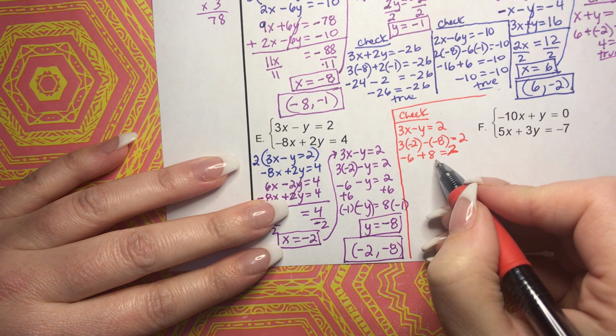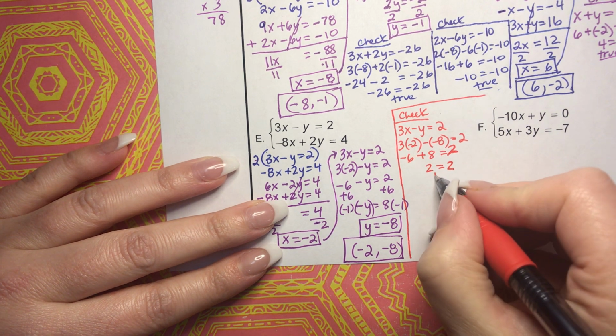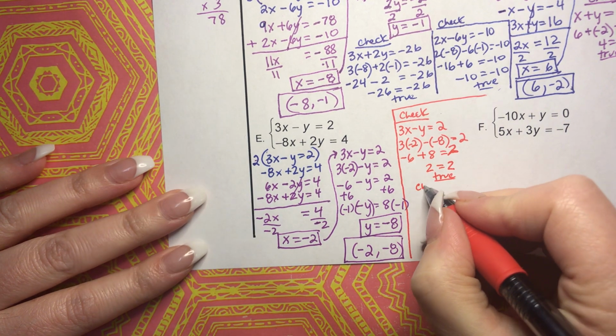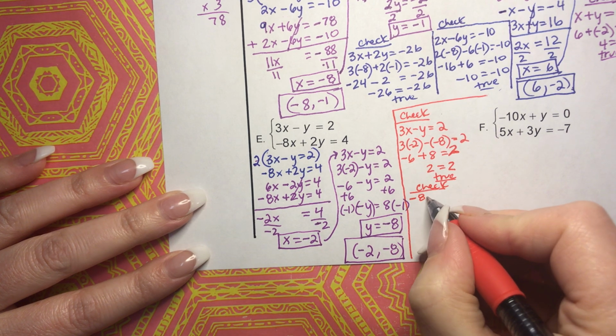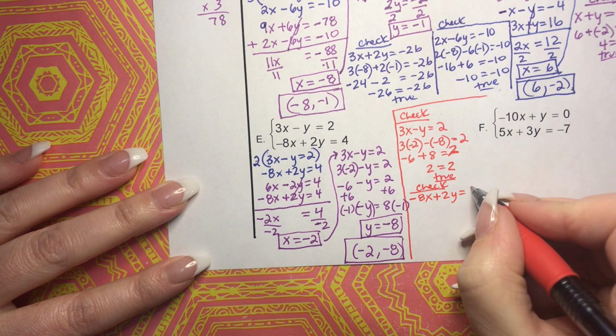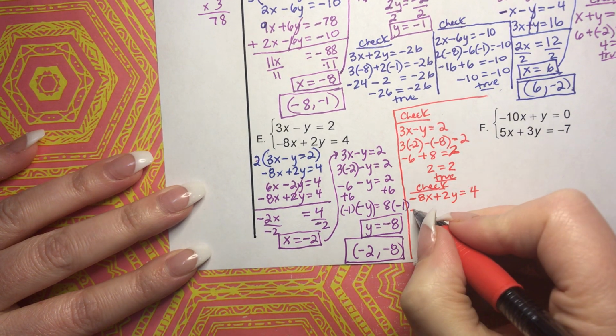-6 plus 8 is positive 2 equals 2. That is a true statement. So that's right. Okay, got to do the next one. I'm getting tight on room. This is going to be a close call to see if I can finish the whole thing without going off the page. Okay, substitute in